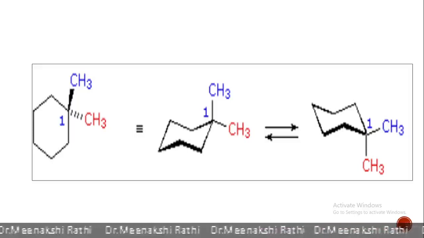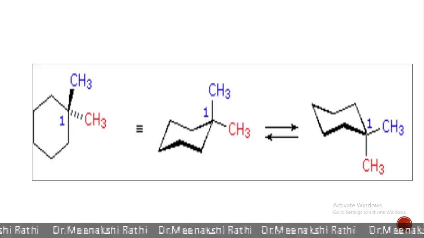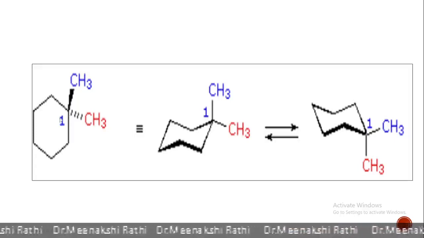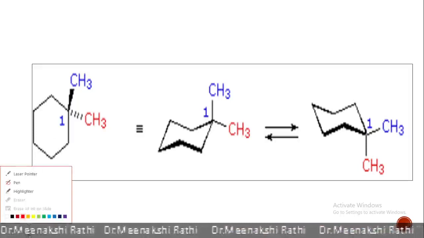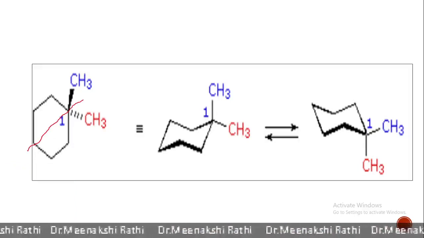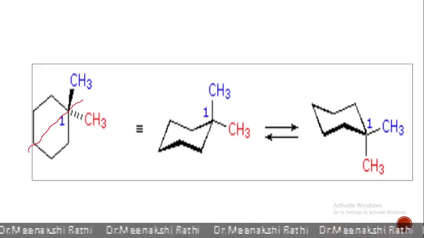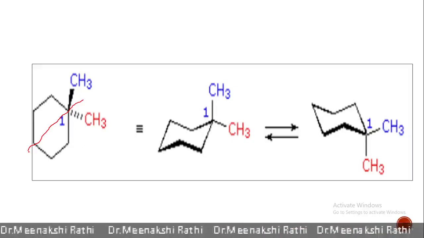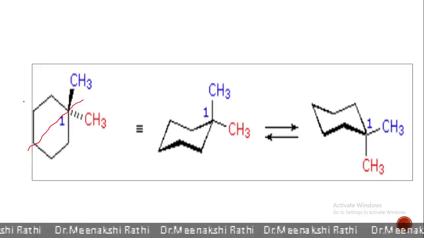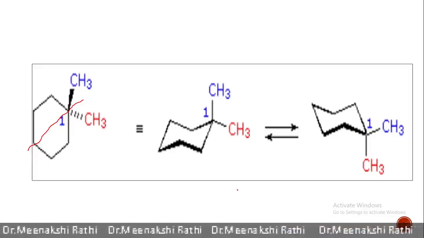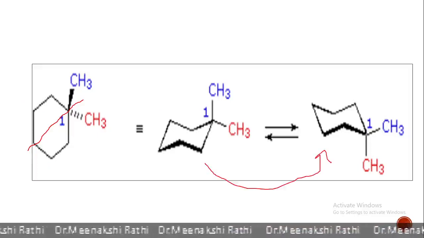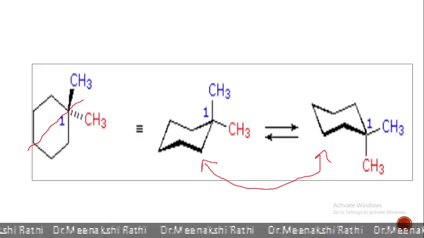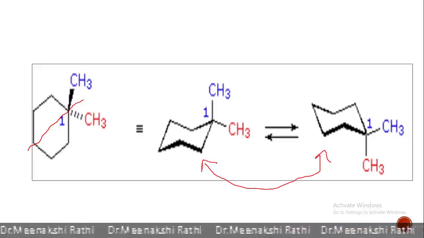Second thing, this molecule possesses a plane of symmetry, because here you can see this plane can cut the molecule into two equal parts, and hence it does not show even optical isomerism. And here both the methyl groups are the same, so whether they are in axial position or equatorial position, after ring flipping both the chair conformations are equivalent, and hence their relative stability is also the same. So this we have already discussed.